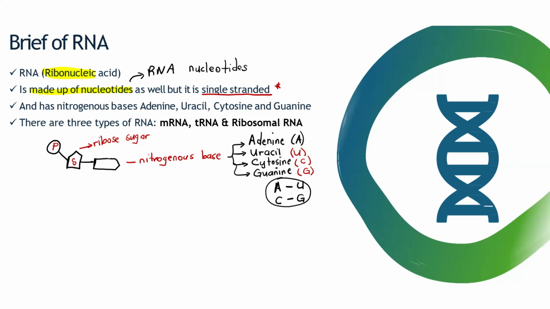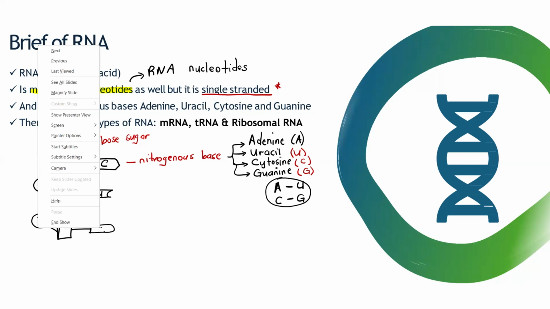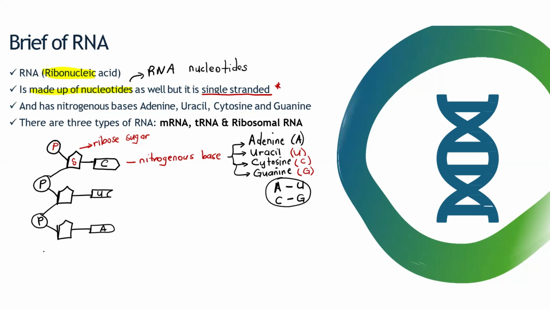So let's just say this nucleotide has got cytosine, right? It will be connected to another phosphate group and another nucleotide. So this is another nucleotide that I'm connecting here. Maybe it will have uracil. Let me just give this shape and call it uracil. And it will be connected to another phosphate group again, connected to another ribose sugar. Remember, it's a ribose sugar, right? And this ribose sugar will be connected to another nitrogenous base. Maybe let's call it adenine. So let's have adenine here. And then connected to another phosphate group.